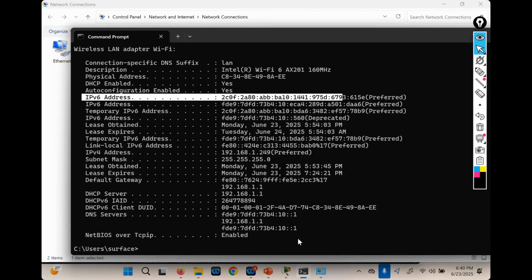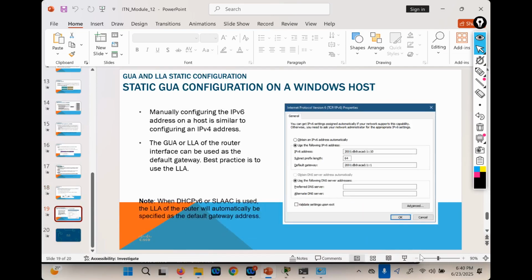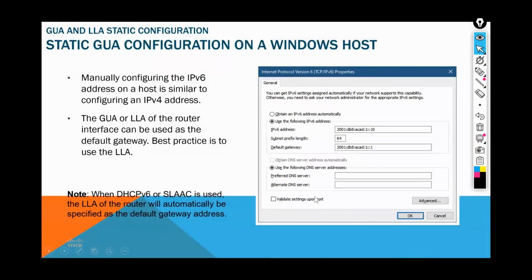I think that is where we draw the curtain. So you can see a good example here, just like I showed you in my own hand. They put an IPv6 address here. You can see they put the slash notation, the prefix length, and then they put the gateway. It's as simple as ABC. That is if you want to do static. Then we don't do static most of the time. We do